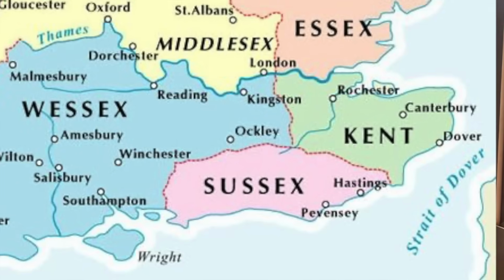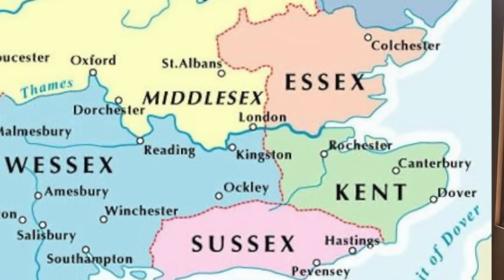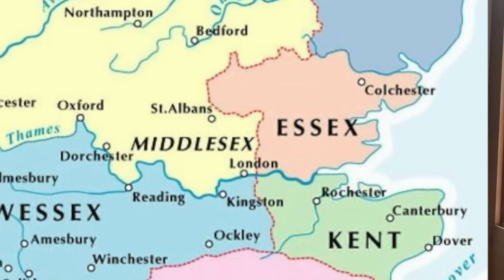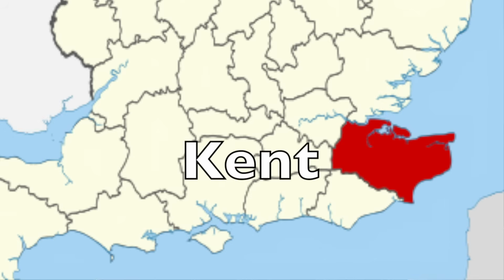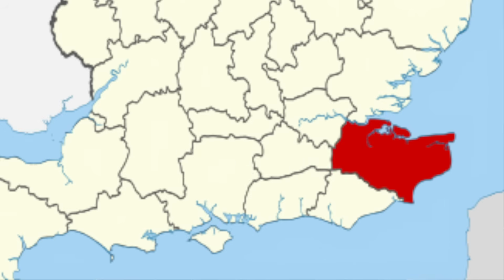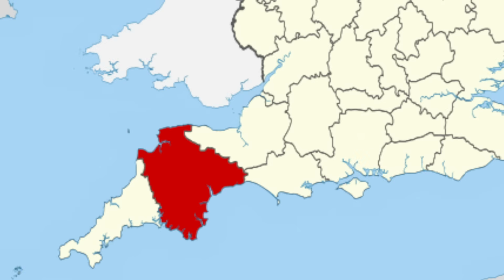The second type of name comes from something I briefly mentioned earlier, the old kingdoms. Some are Anglo-Saxon, such as Sussex and Essex, which means the South Saxons and the East Saxons, and others are from the pre-Roman Celtic tribes like Kent, which comes from the Canti tribe, or the Dumnonii tribe, who give their name to Devon. Interestingly, Devon was known as Devonshire for a while in the 17th and 18th centuries, but this failed to catch on because there was no shire town called Devon, and its name was much older than the